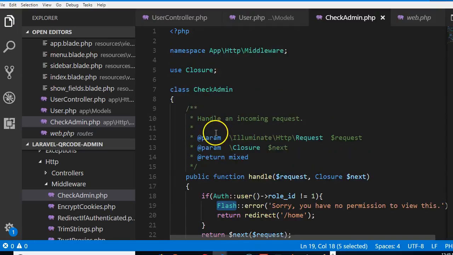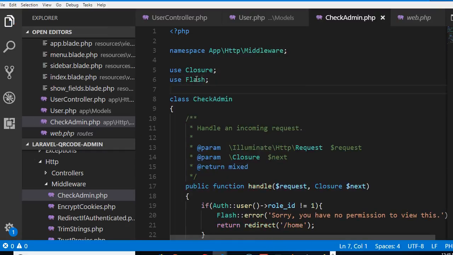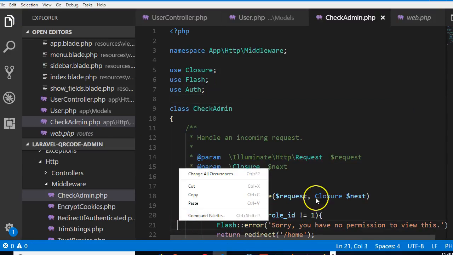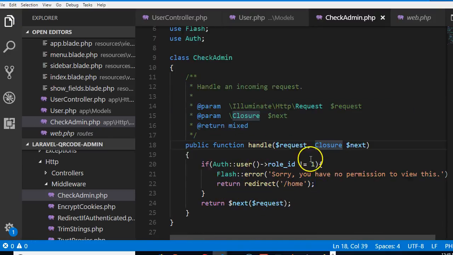Then we have to import flash and say use Flash. We have to import auth, so we say use Auth. I think this works best. So perfectly, check if the user is 100% an admin. If the user is not an admin, redirect them and throw an error. If they're an admin, just continue normally as if nothing happened. Now we can use this